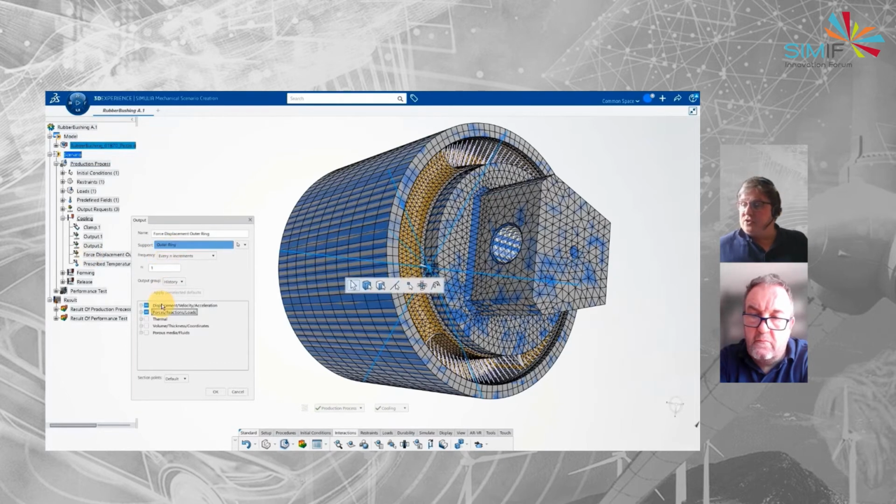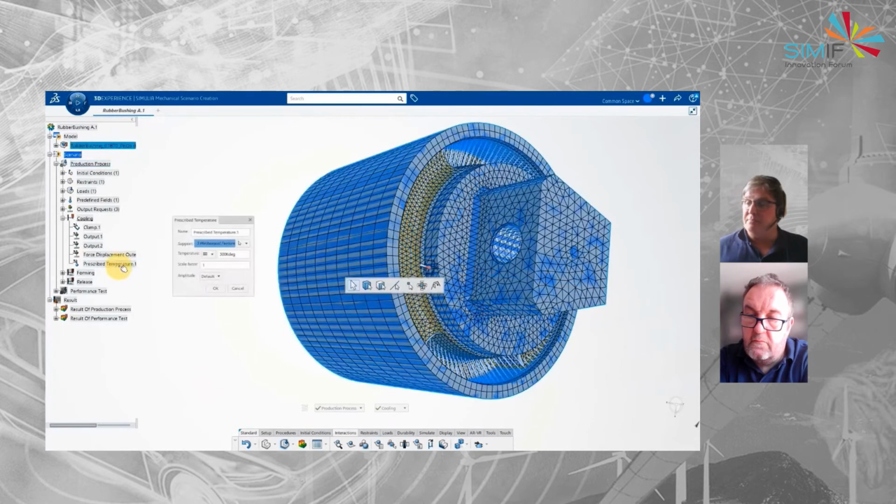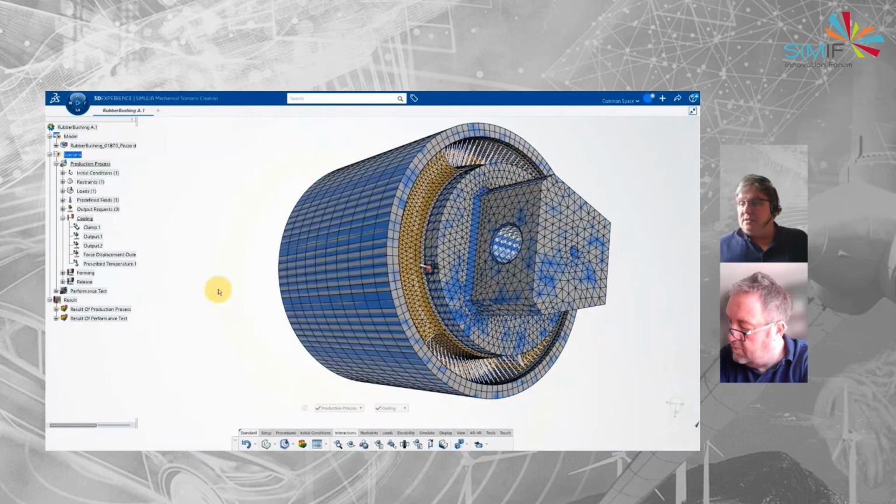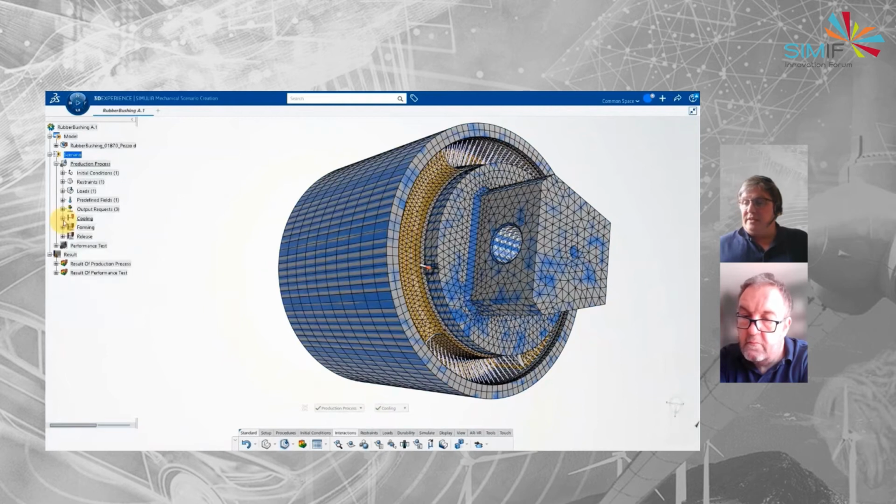You see there, we've got just this one node, which helps us just be able to keep things simple. And we bring it down to 300 degrees Kelvin. So now that's our cooling phase done.